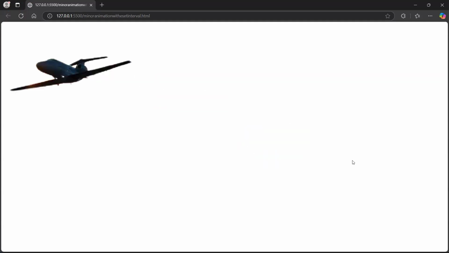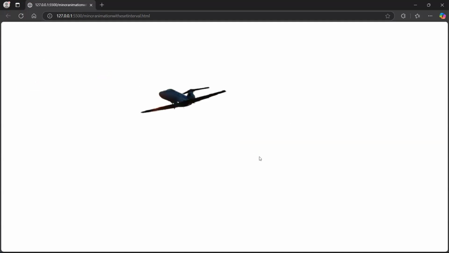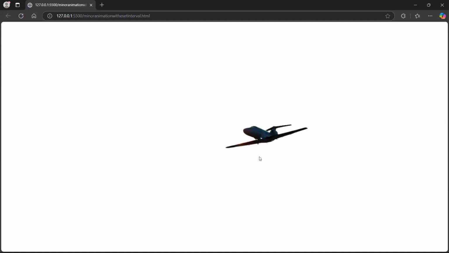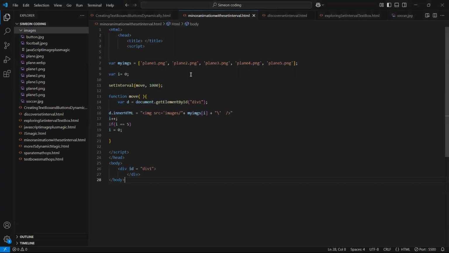Is that more realistic? If you want it to move faster, you can change that 1,000 to 500. What about 100? No, at 100 you may not even see it at all. You can change it to 500. That's half of a second.